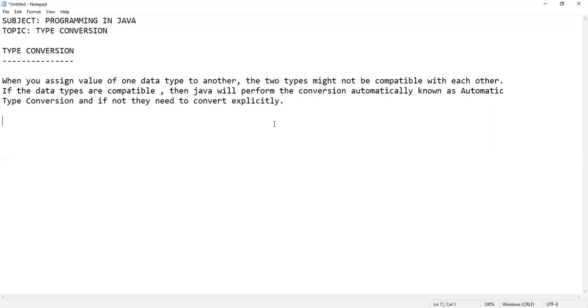We also call this widening or automatic type conversion.